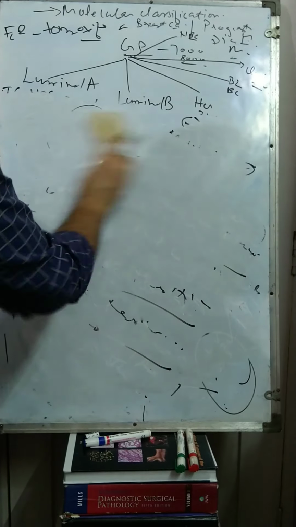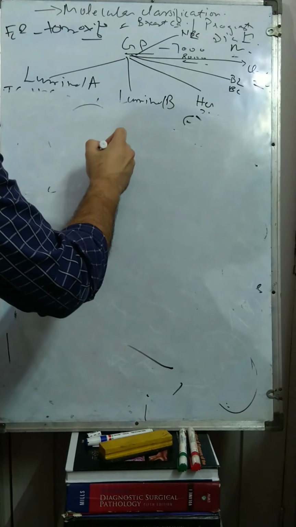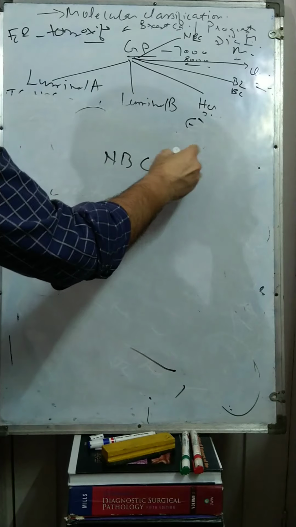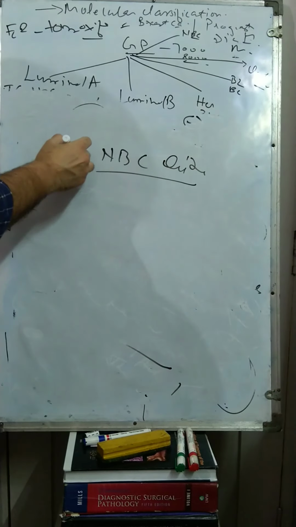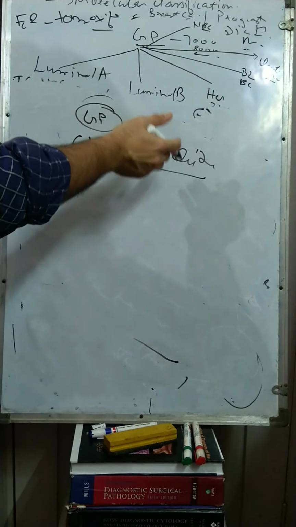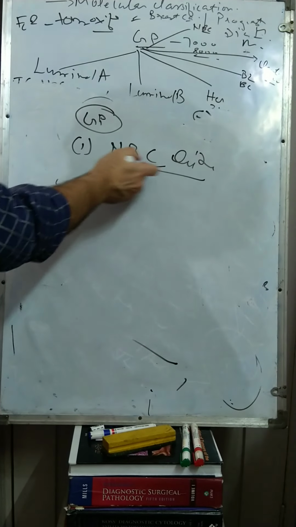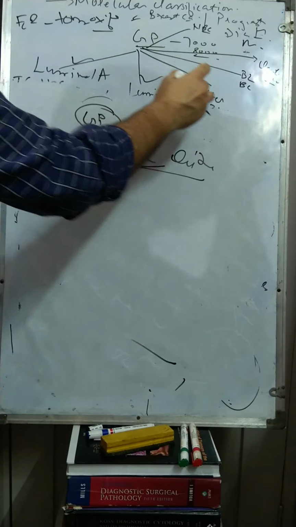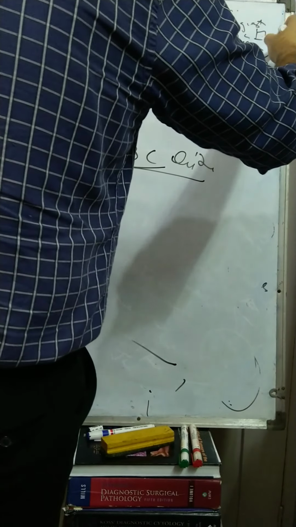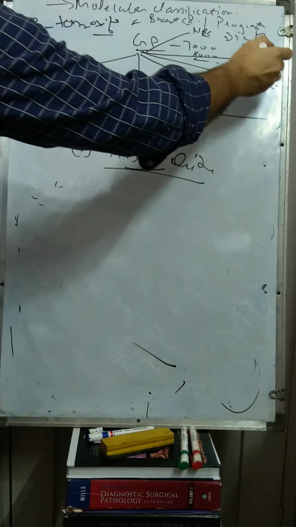Now lastly, the normal breast carcinoma-like. This is one variety they found on gene profiling. A lot of studies are still going on. They are not sure; they are saying it was due to some adipocytic expression of these tumors. So just remember five categories: luminal A, luminal B, HER2-enriched, basal-like, and Claudin low. Prognosis-wise, they go like this: luminal A best prognosis, then luminal B has a worse prognosis than A, HER2-neu a little worse than B, then basal-like, and the worst will be Claudin low.